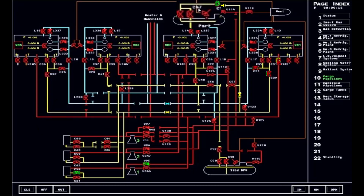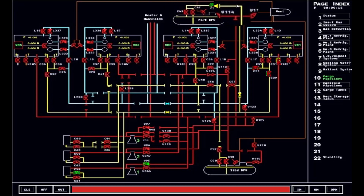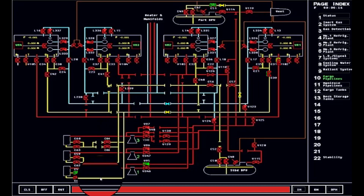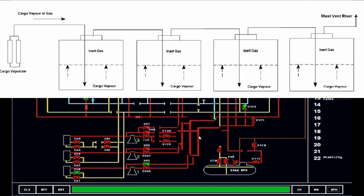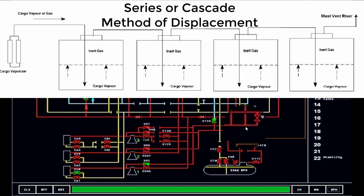So again, if we open this valve right now, through pressure it pushes the liquid, goes through this line, through the condensate line with these spool pieces and goes down and inside to the compressor room where your vaporizer is located. And then of course, if you open the steam, it vaporizes, it goes out again through the valve 95. So okay, as we trace the line, we will be using a series or cascade type of displacement for gassing